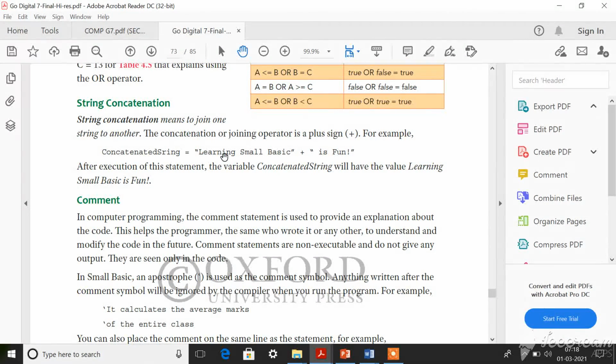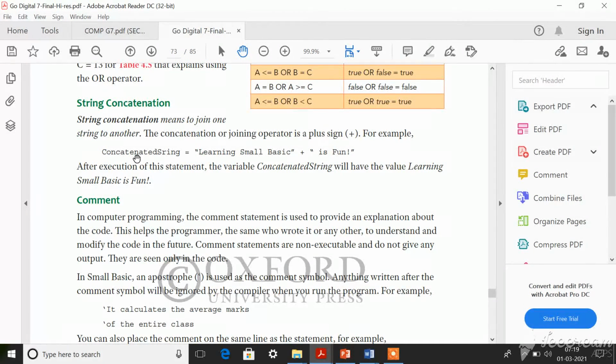Okay, so after joining these two strings, the result of this will be stored in this variable. Okay, so that is why this name is given. So you can give any name, you can even give A, B, C also. You can give any other variable name.